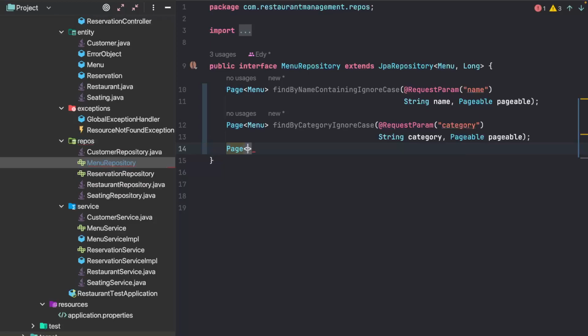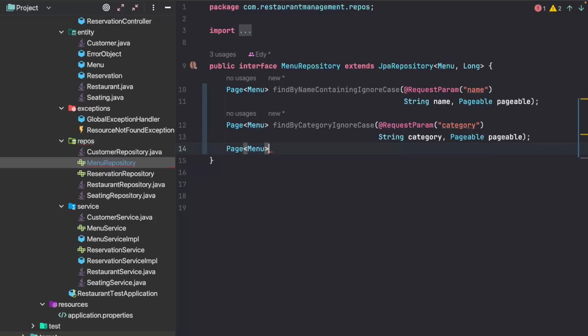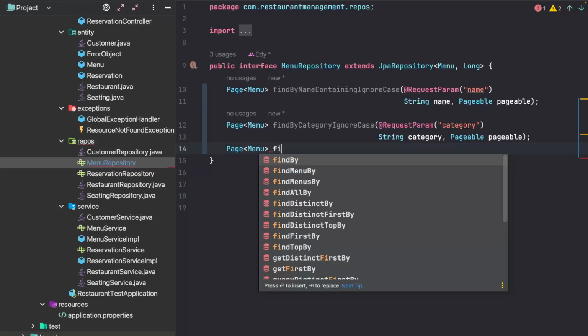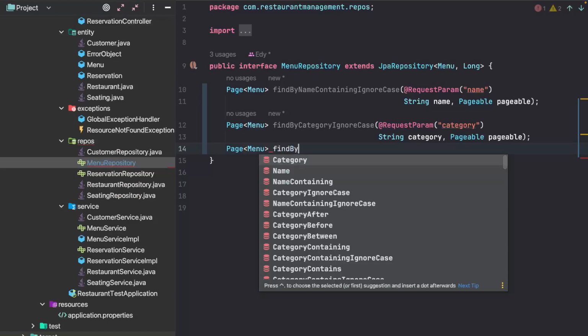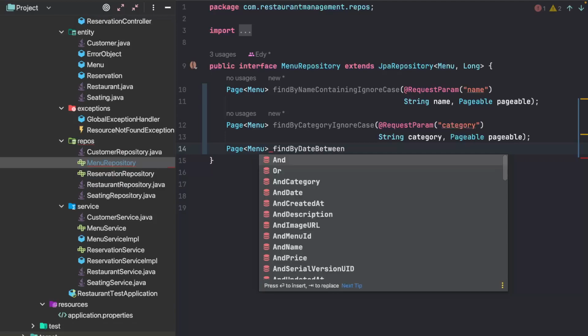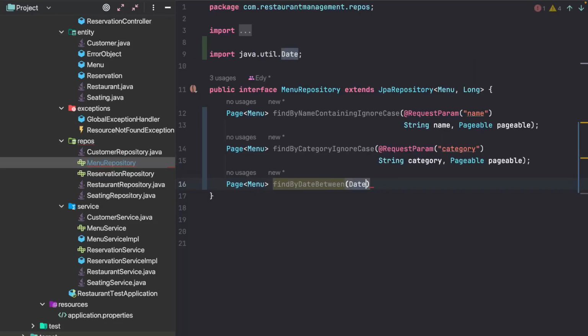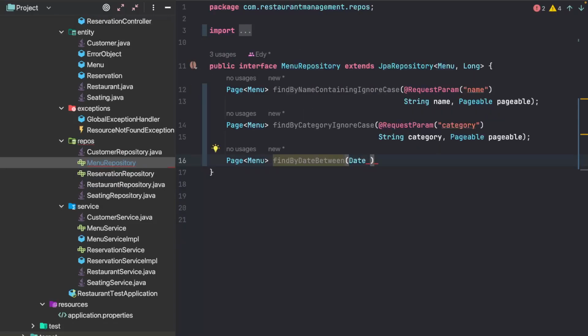So I want a page of my menu, and here I go find by, and then I have a bunch of keywords, date, and then I can do between, and then I give the date Java util, and I go start date,